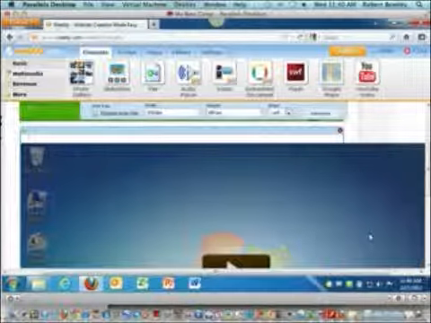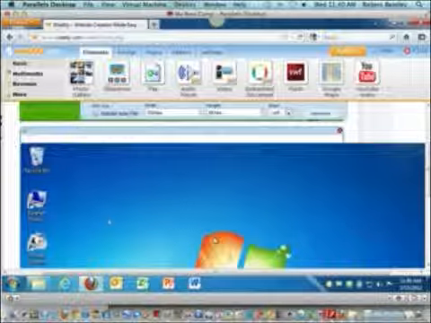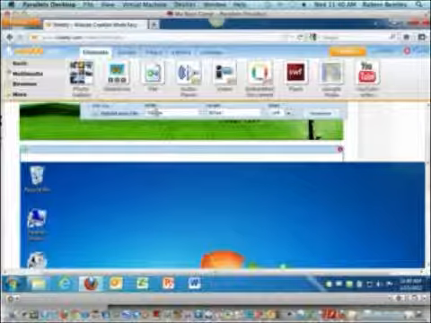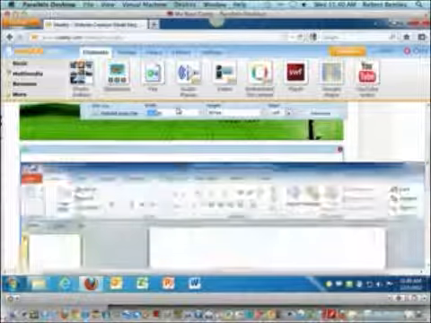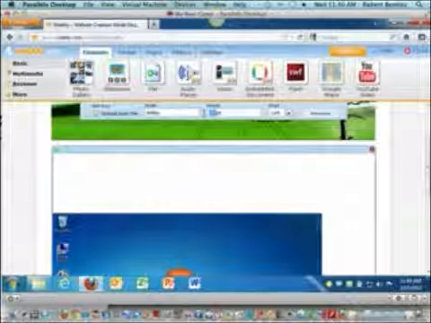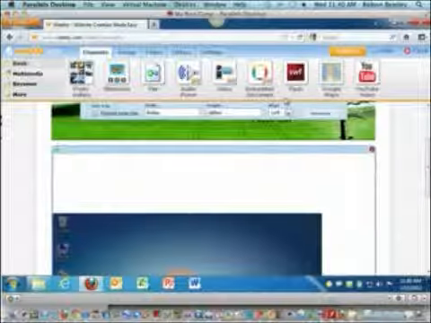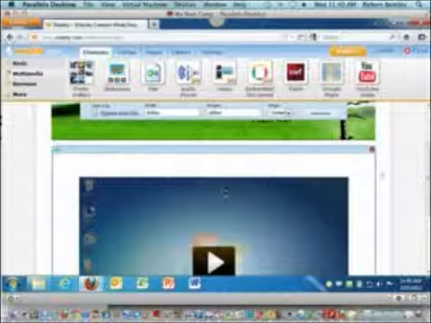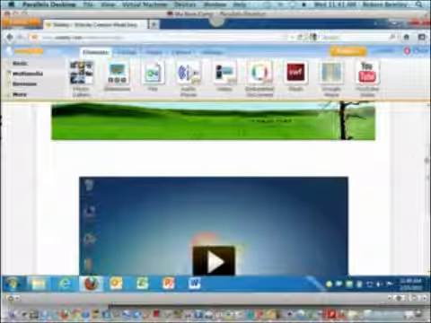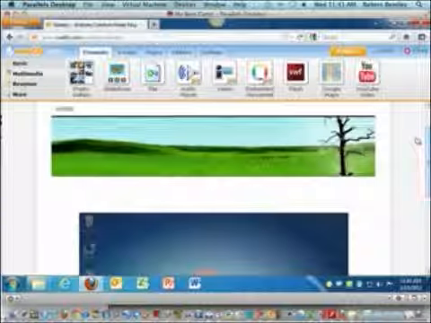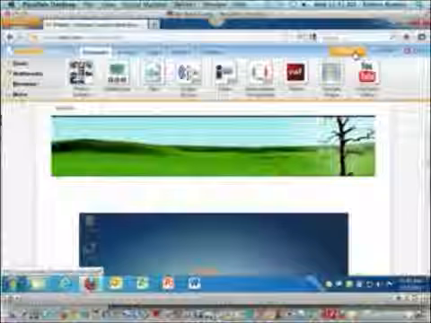So you can see that my video tutorial is running on the screen. It came in way too big, but I can adjust that just by changing the numbers here at the top where it says width and height. I can also center it if I want to. And then I just click outside of this element box, and now my video tutorial is part of my Weebly page. In order for the public to see that, I have to click Publish,